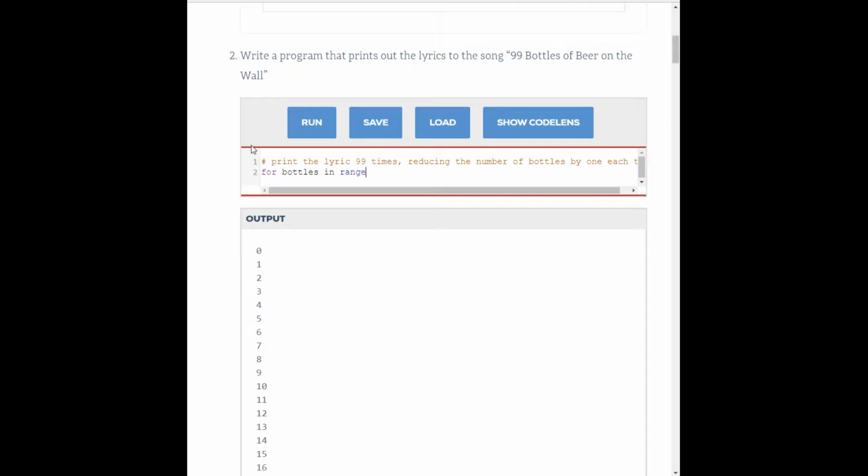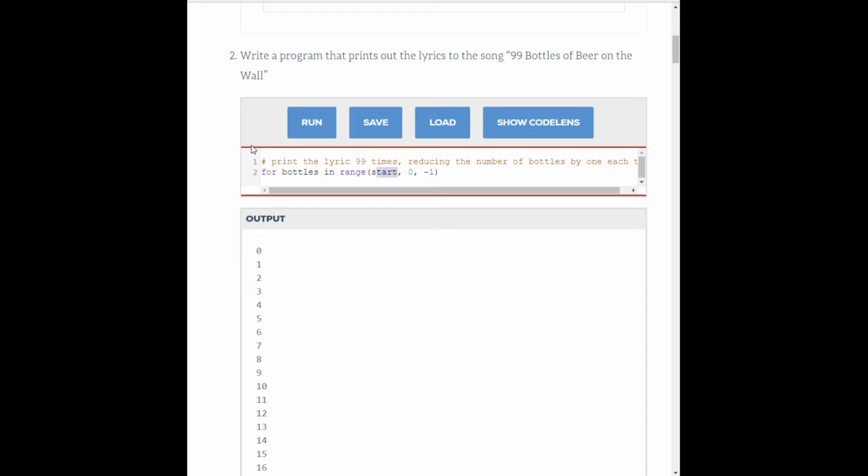So for bottles in range, and for the range, I need to do my start, my stop, and my step, right? Those are the 3 things that I need to give my range function. And we know that we can just ignore everything and just do the stop. But you can't do that here, because you can't put a stop and step backwards through a range by doing that. So we know we want to step backward, which means that we need to step by -1 each time. So every time we go through the for loop, we're going to decrease the number of bottles in this range by 1. We know we want to stop when we hit 0,